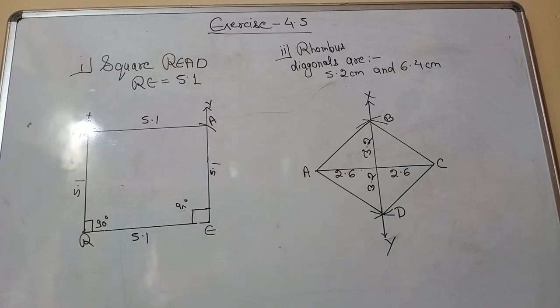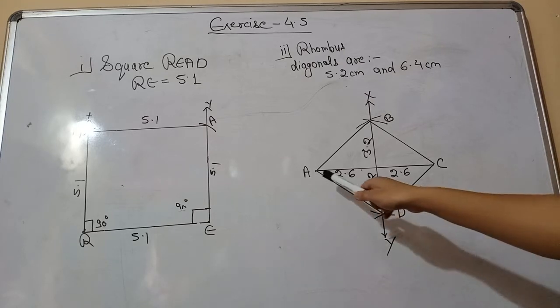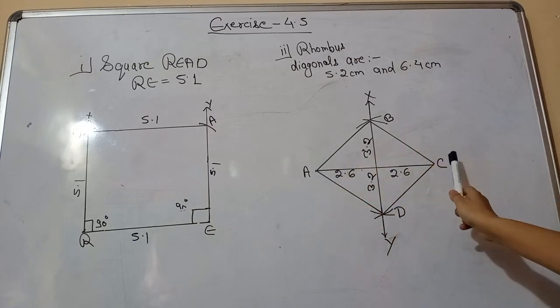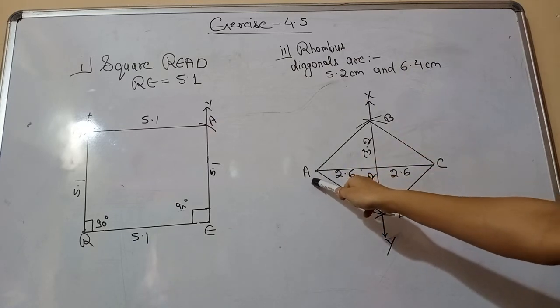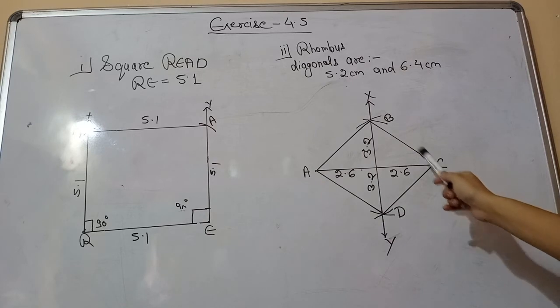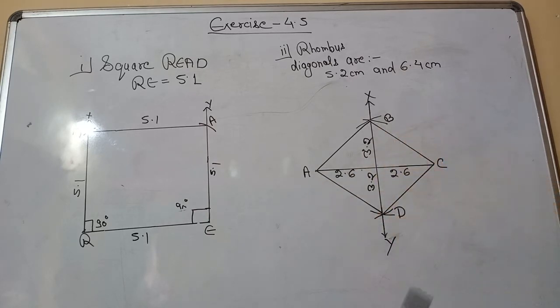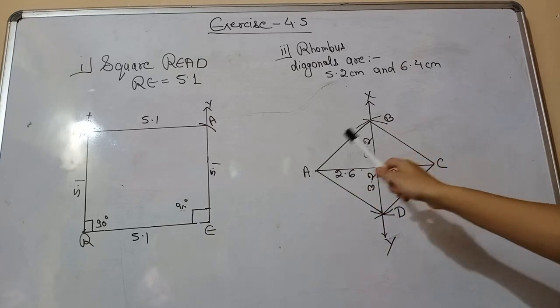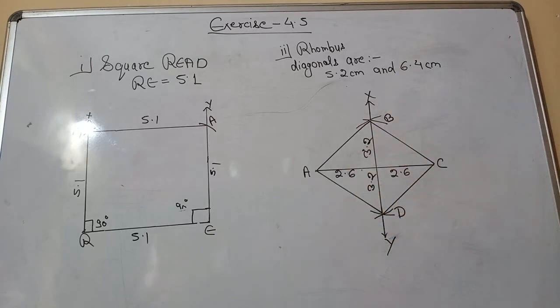Okay, now next let us move towards the rhombus. In the rhombus two diagonals are given and the name is not given here. So let us assume the rhombus is ABCD. Diagonal means joining the vertices of two opposite corners. So see, this is the first vertex, this is the second vertex, and both are opposite to each other. Or in simple words we can say corners. So these are the two opposite corners of the quadrilateral, or we can say rhombus.